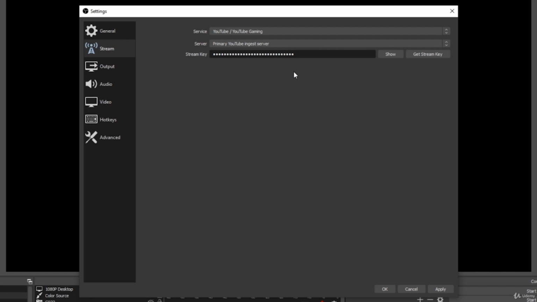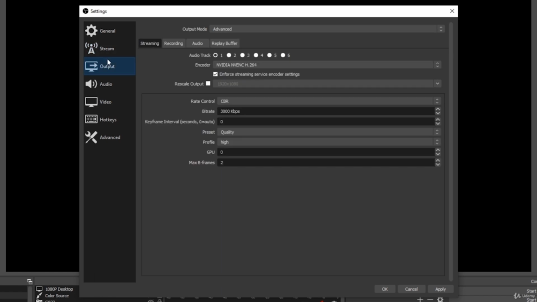It doesn't matter whether they have a login or not. They can stream directly to a YouTube channel. So don't show this to anyone. I'm not even showing this to you. So just know that. And just to give you very basic output settings as well, you're going to go